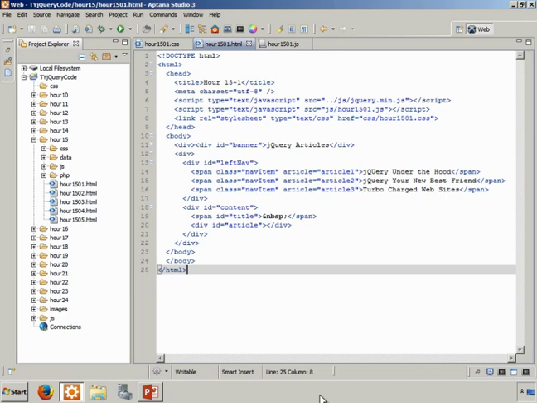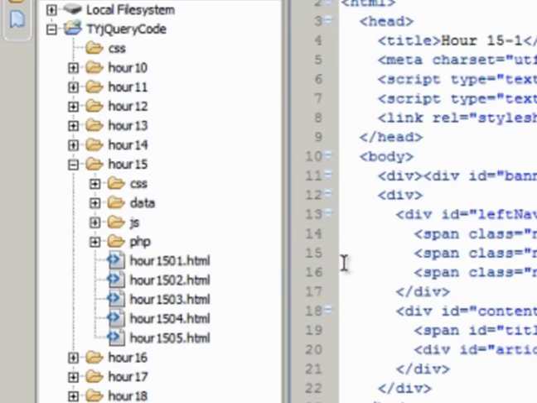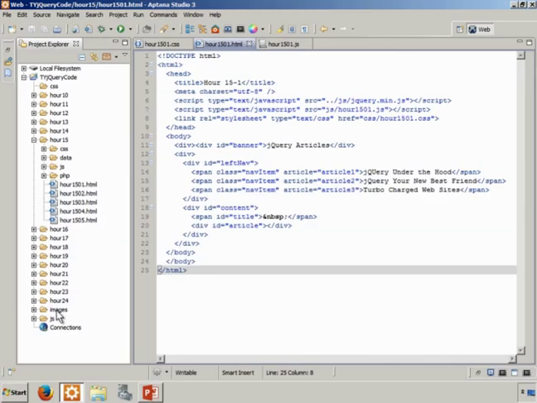The setup for Hour 15 is going to require some additional work on your part. You'll want to create subfolders under your Hour 15 project folder for CSS and JS as expected, but you'll also want data and PHP folders. Also, remember to store the images folder from the book's Code Listings archive at the root of your jQuery project